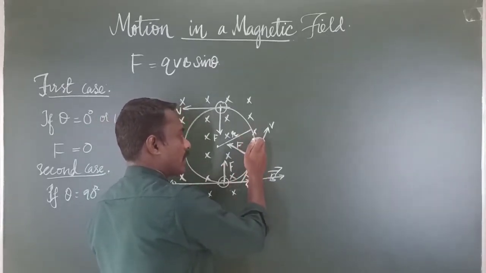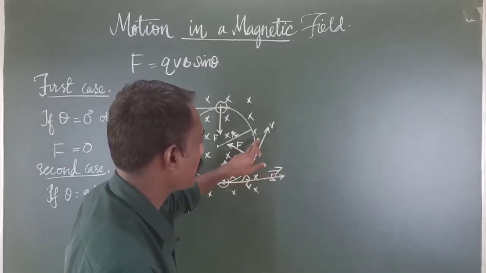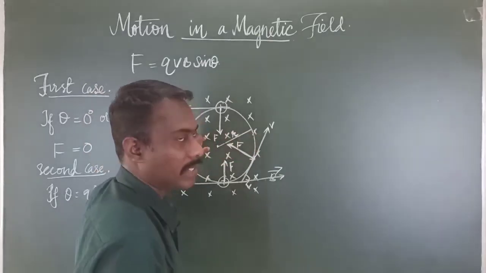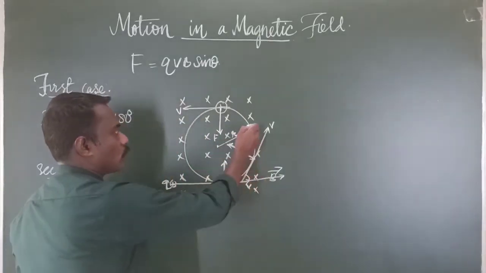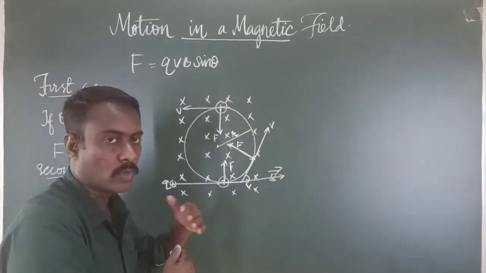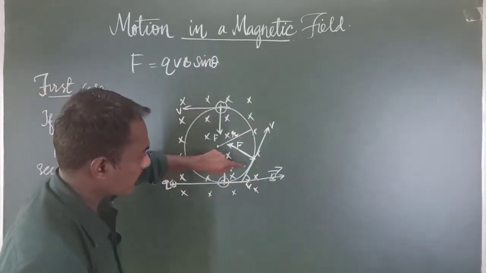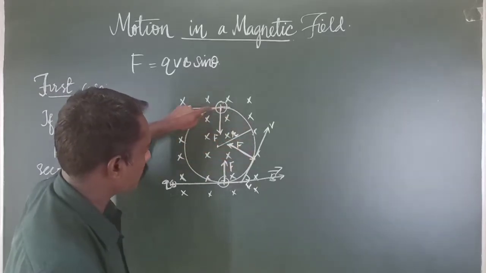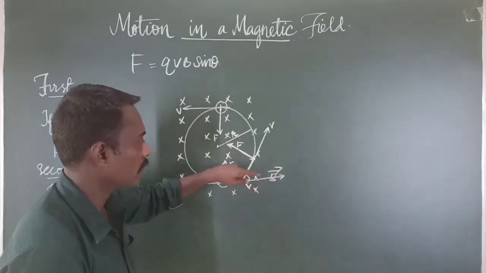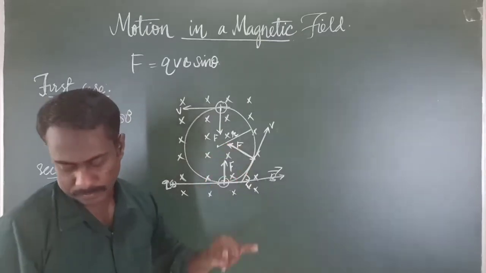As it moves again, here the angle between the magnetic field and the velocity vector becomes maximum, that means 90 degrees. So a maximum force will be exerted on the particle. As it moves forward, it follows a circular path. So this circle is formed. When this particle is moving, the force exerted on the particle differs at different angles, so that it follows a circular path. A circle is formed here whose radius is r.